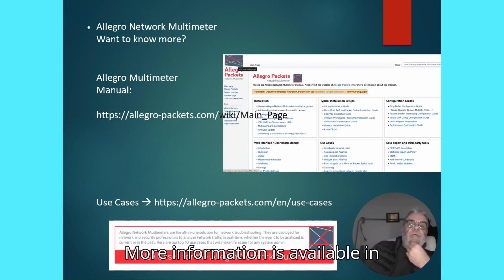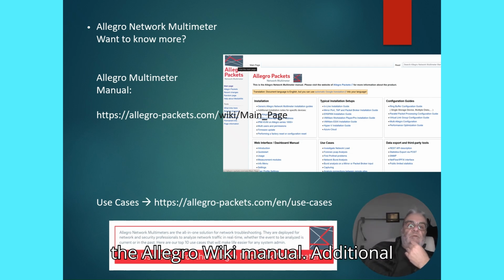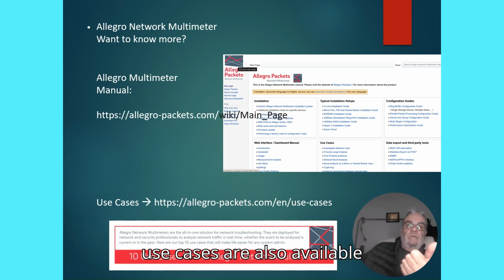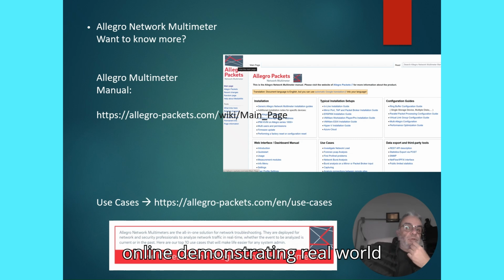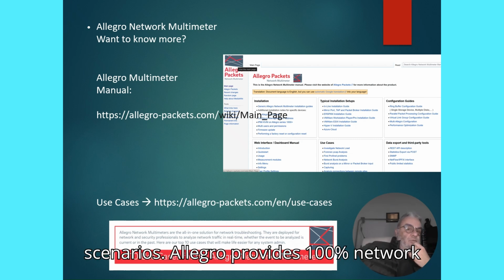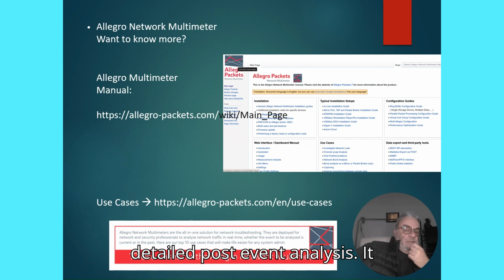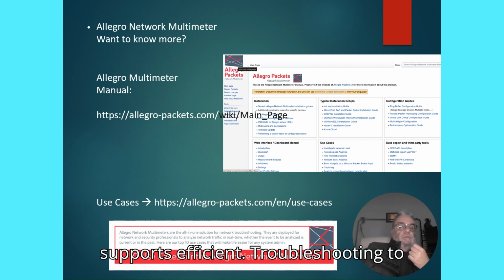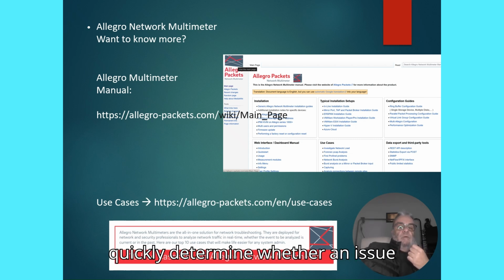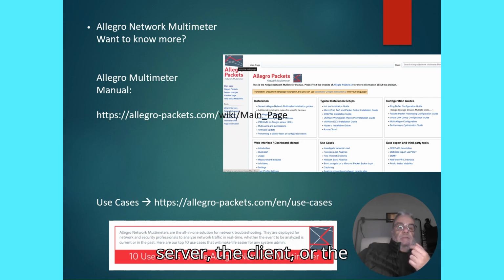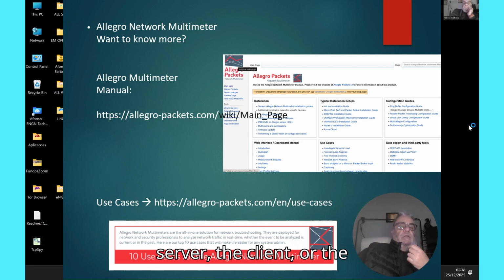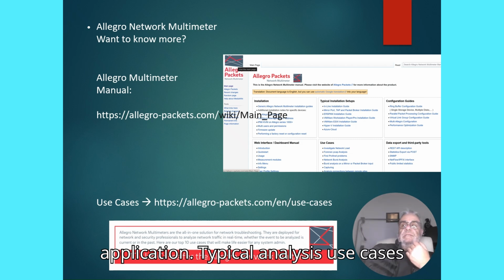More information is available in the Allegro Wiki manual. Additional use cases are also available online, demonstrating real-world deployments and troubleshooting scenarios. Allegro provides 100% network traffic recording and playback for detailed post-event analysis. It supports efficient troubleshooting to quickly determine whether an issue originates in the network, the server, the client, or the application. Typical analysis use cases include